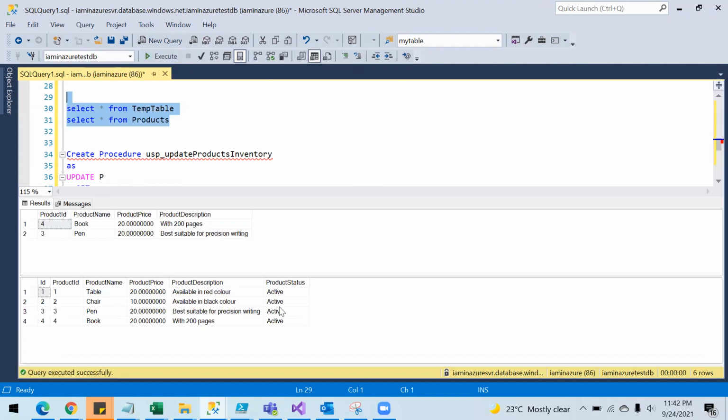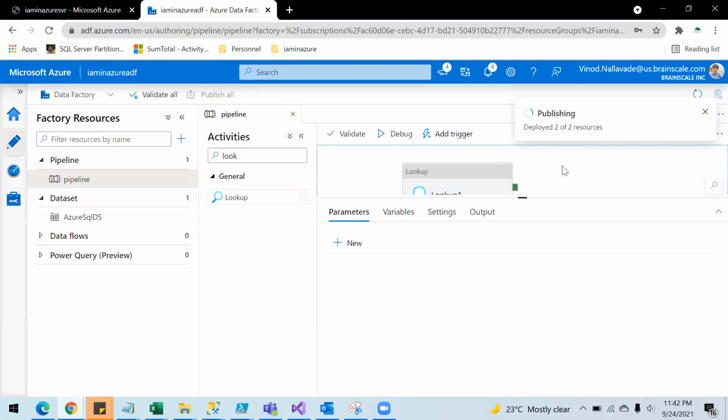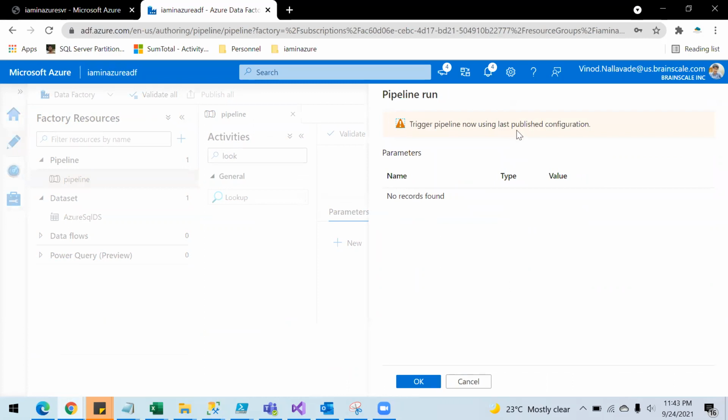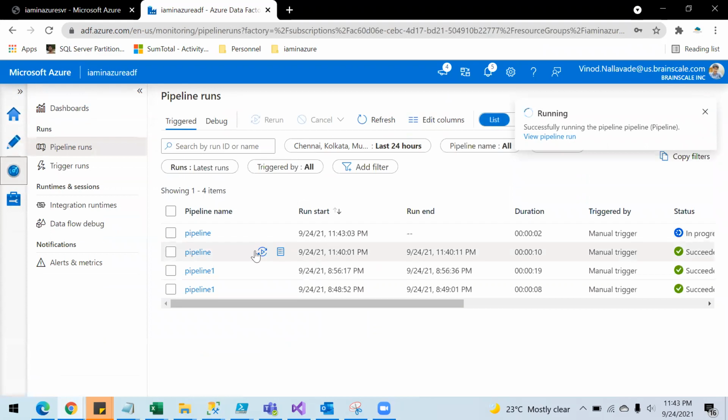Right now you are seeing all the data again in active status. This is still publishing. Okay, the publication is completed. Let's run this now. Trigger this with the latest published configuration. Click OK. Then if you go to the monitor section, you will be able to see.